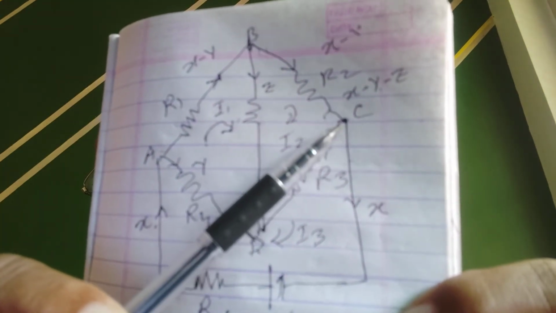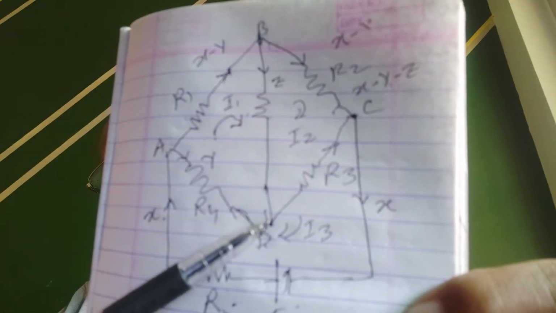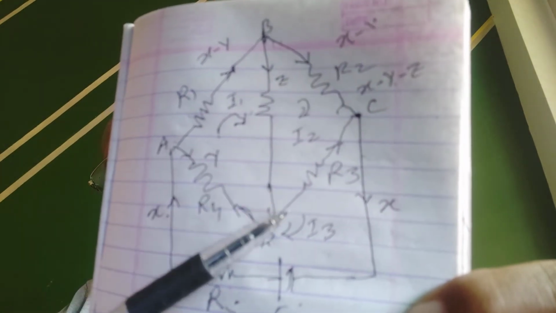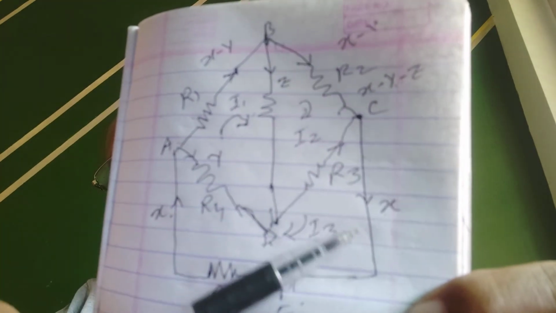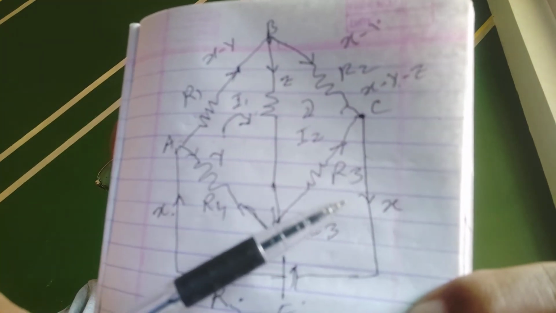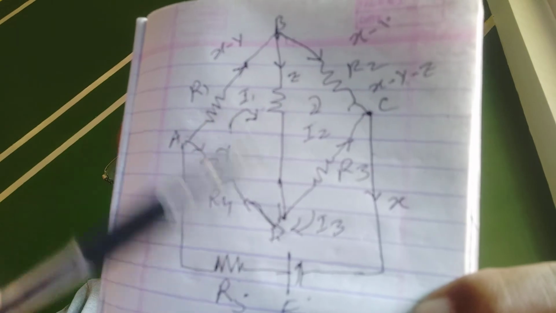Then from this point the current Y is coming, Y minus Z current is coming in this, so Y and Z will be cancelled, and again the X current which started from the battery will come again, the same X current coming into the battery. So for a cross check you can put this type of equation with X, Y, Z, it is a simple one.